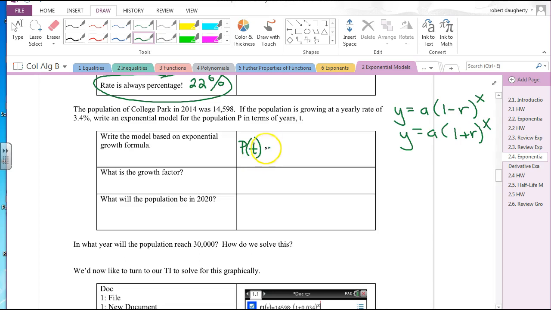Okay? So I want a population formula. I want to write this as an exponential model. What is my initial population? 14,598. Okay. And this is growing or decaying? Growing. So which of these formulas will I use? Top or bottom? Bottom formula. So it's going to be 1 plus, how much is it growing? 3.4%. How do I write 3.4%? 0.034